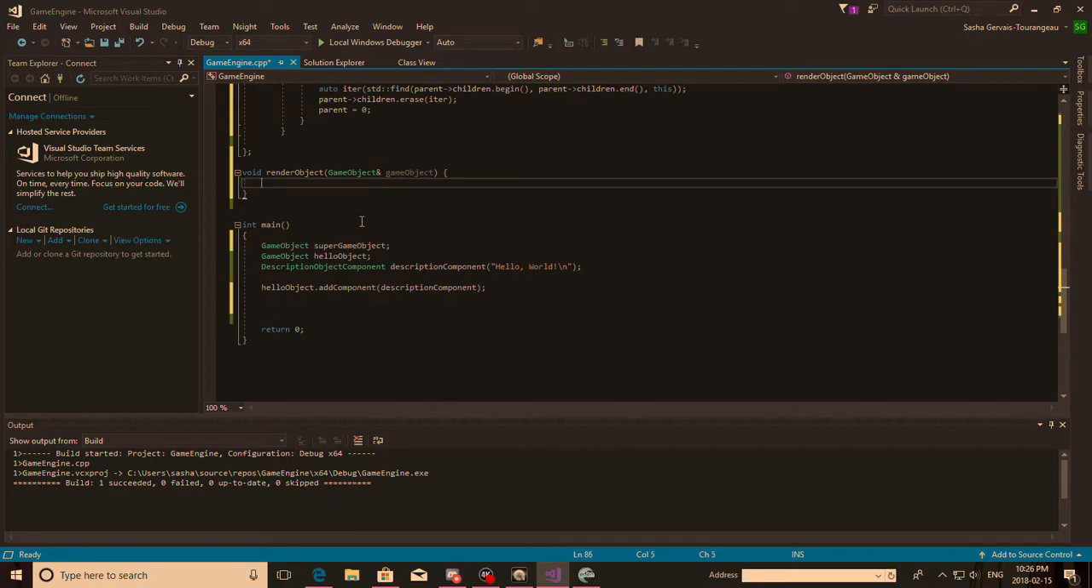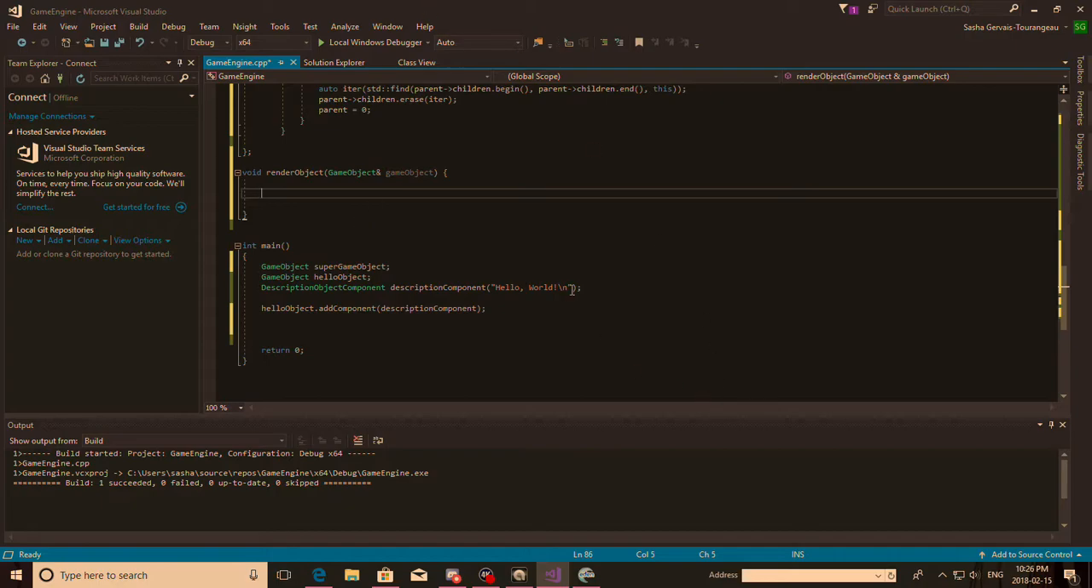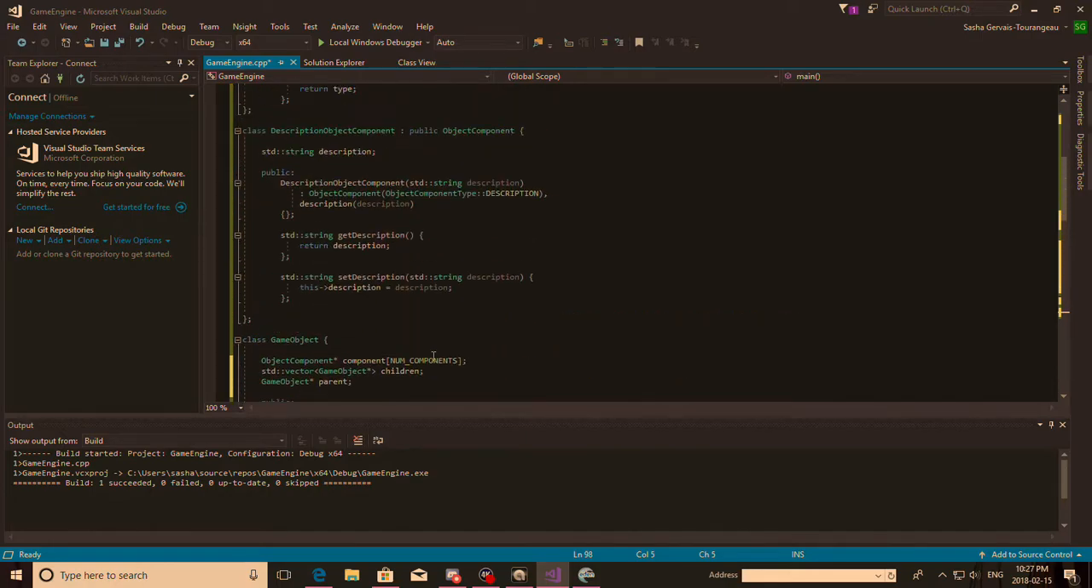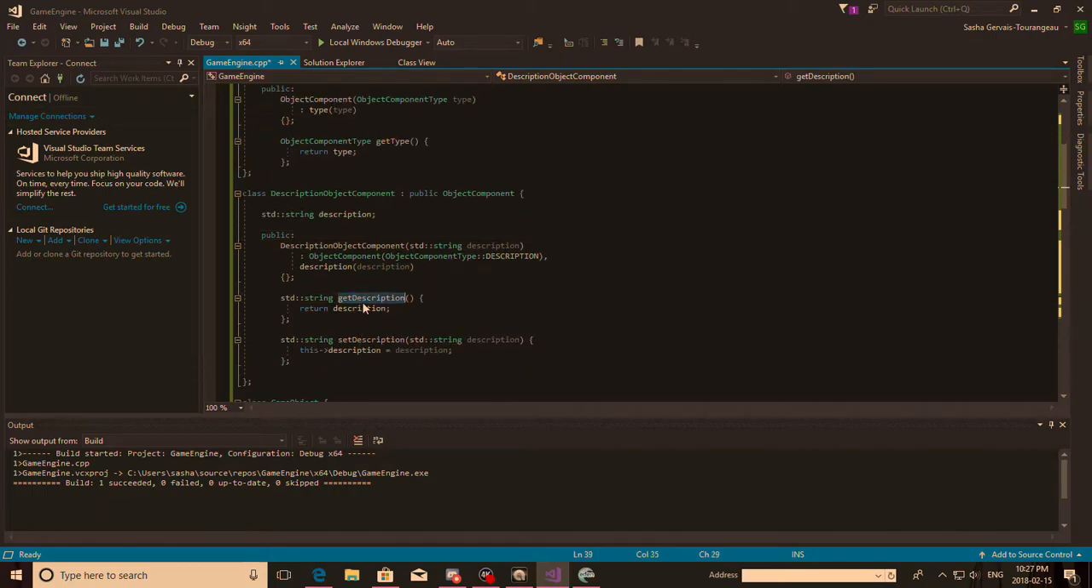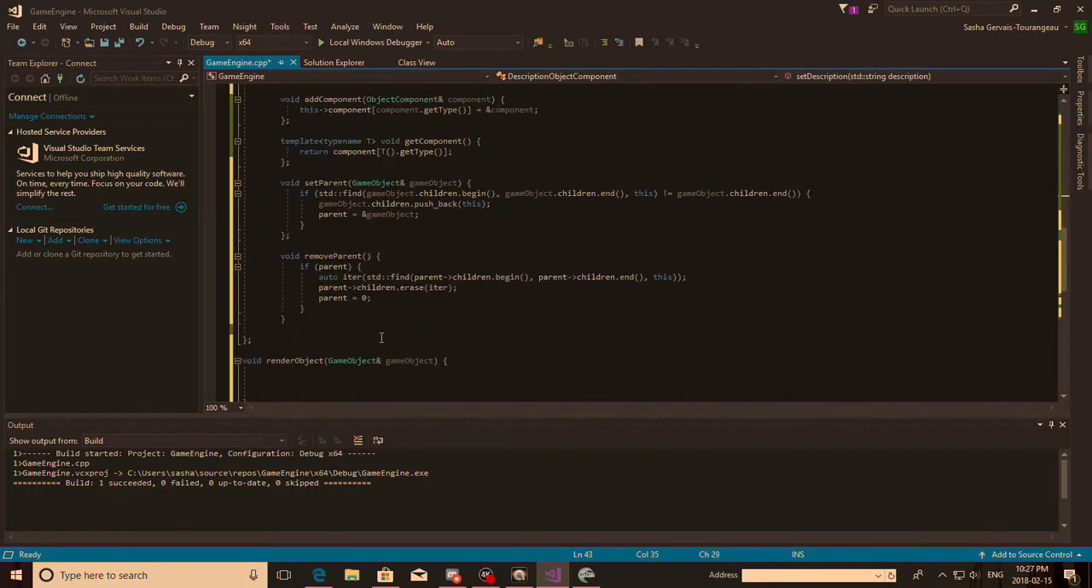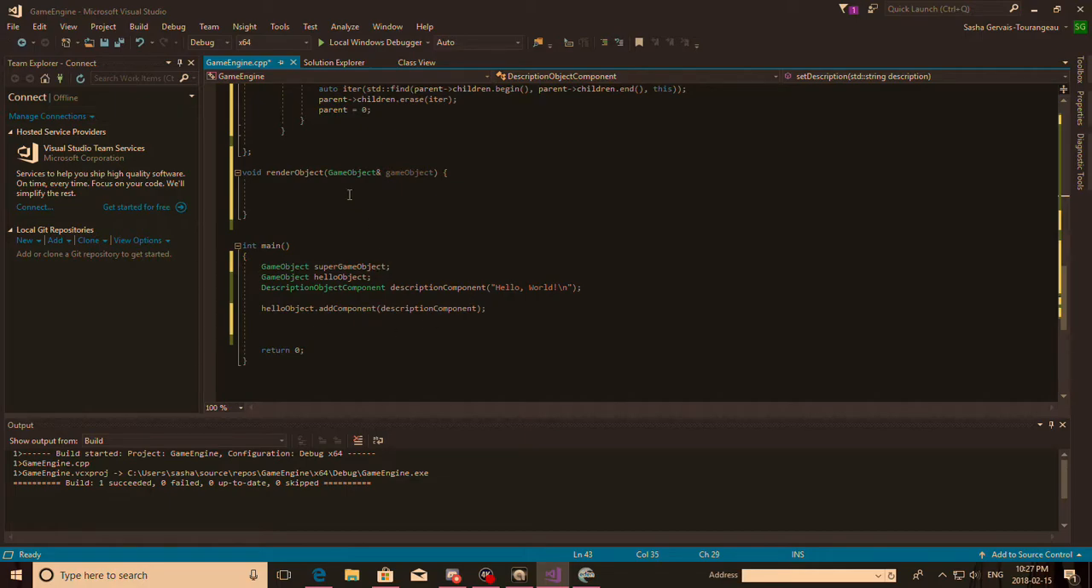Right now, our rendering is pretty much just that we want to put the description out onto the screen, right? So we have our description game object component, and we know how to get the description. We can set the description too, but that's not what I want to do. So what we do is, we can do it a variety of different ways, but